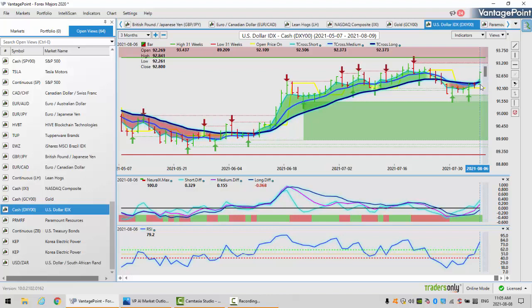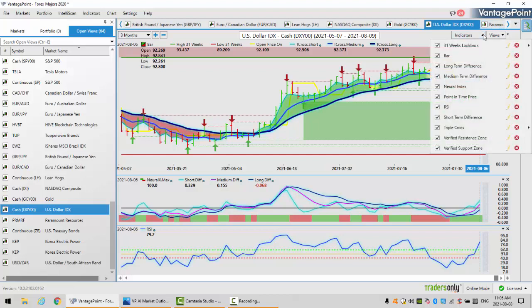So I'm not saying that that's going to happen. I'm simply making people aware that there are institutional funds that need to buy US dollars. Once they're done doing that, then the dollar is left to fend for itself. So at the current time, we can see the indicators we're using this week. I will bring that up so everybody can see that.